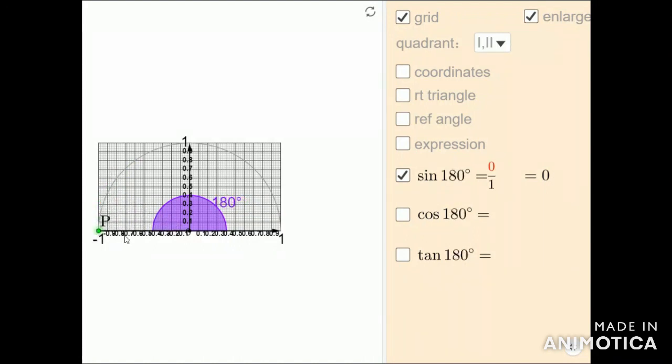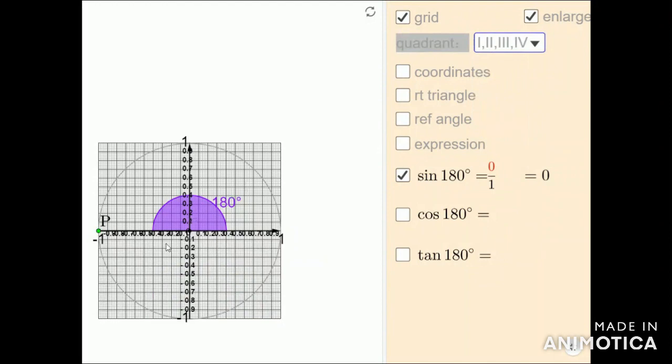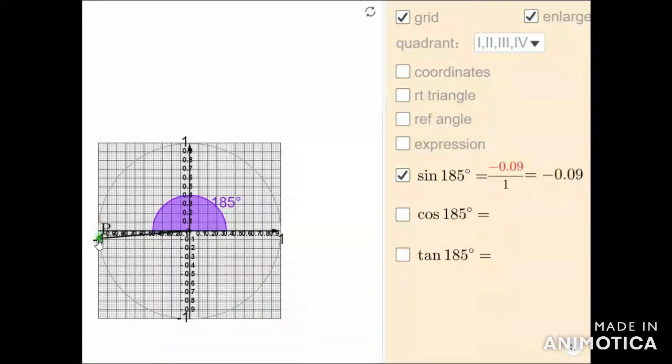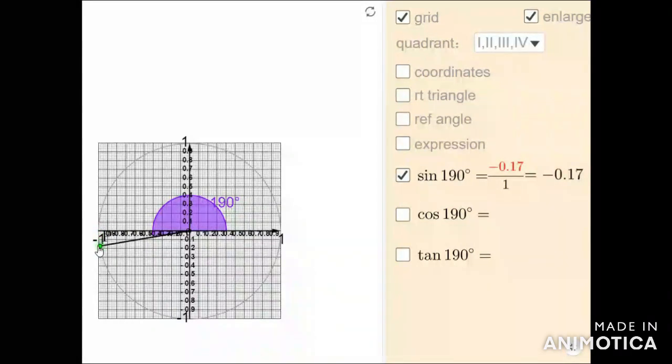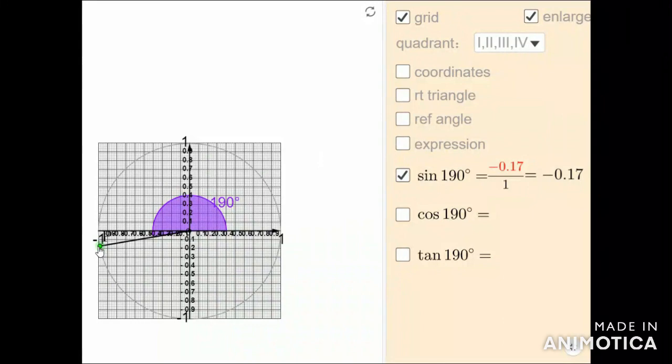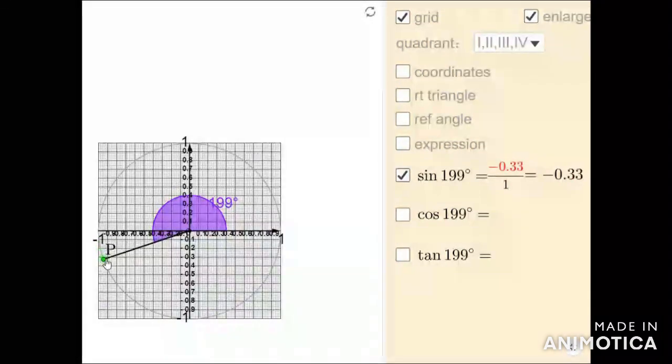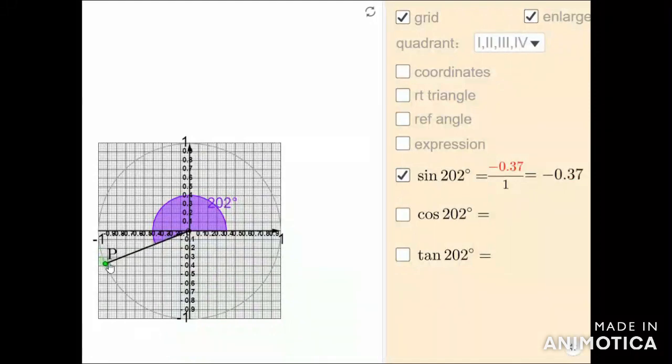And if you still increase the angle, what happens, you observe. And if you come to the third quadrant, the value of sin x will be negative, because in the third quadrant sin x is negative. The reason is the y coordinate is negative in the third quadrant, and you can observe the values of sin x, and it is negative because the y coordinate is negative.